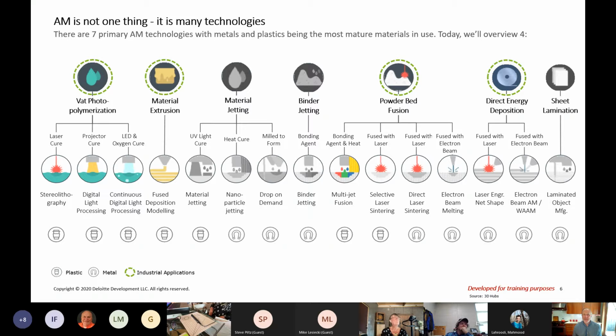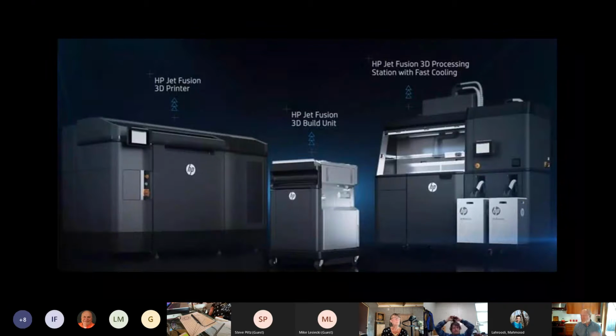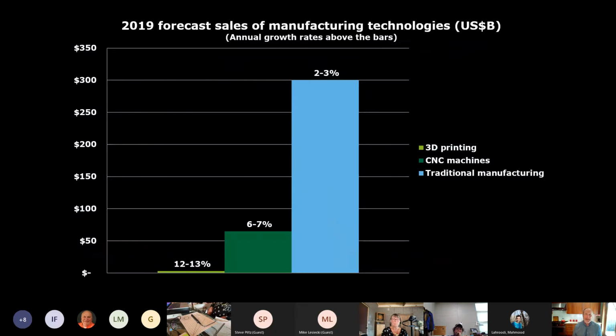These are the four here that are perhaps the most interesting. This was something that I talked about when I wrote my prediction back in 2019. HP and others were coming onto the scene. It looked like a really interesting inflection point for 3D printing. Now, before I get to what exactly that inflection point was, I do want to make a point, and